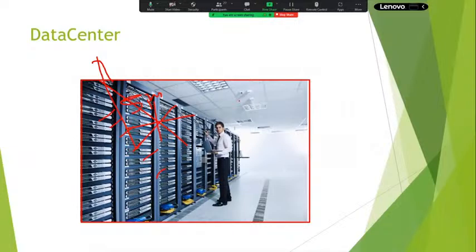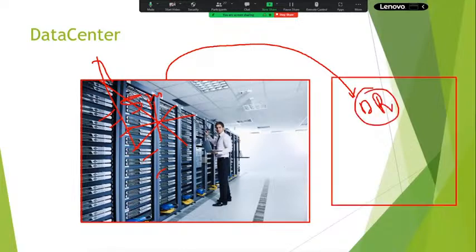So to maintain the same data in multiple locations, we need to maintain another thing called disaster recovery. That is another backup data center. If this data center collapses, another data center should be there to recover the data, so it should not affect your business. Am I right? If you are maintaining a single data center, that is not enough. We also have to implement disaster recovery. Disaster recovery means recovering the data if any unexpected event occurs.